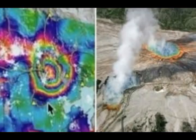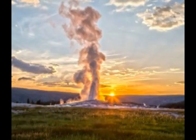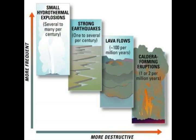This observatory was just recently established in 2001 after a 2000 documentary by the BBC showing the catastrophe that a supereruption could cause. The US government was so moved by that they established the Yellowstone Volcano Observatory the year after, in 2001. So it's basically a young observatory, not even 20 years old, and they have a lot of work to do